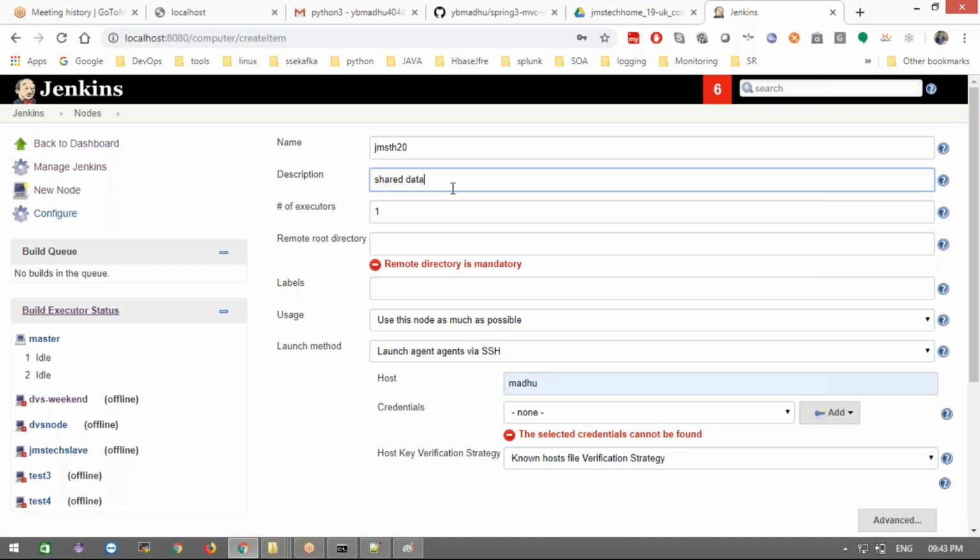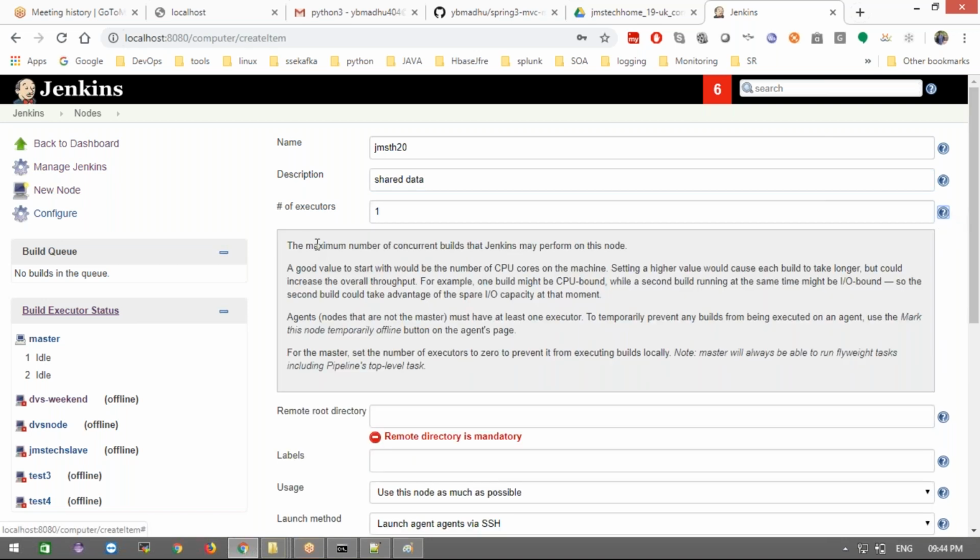Now, the number of executors: increasing the number of executors will increase the cost of your service. It is the maximum number of concurrent builds Jenkins may perform on this node. A good value to start with is the number of CPU cores in your machine.